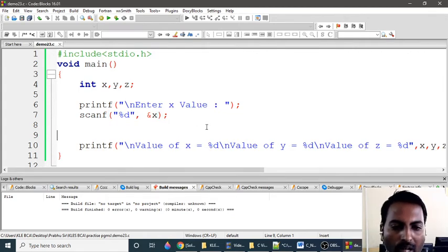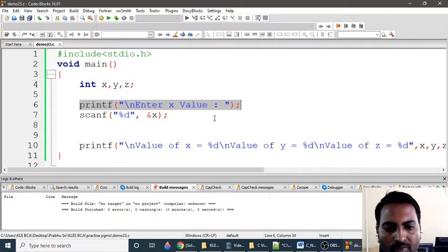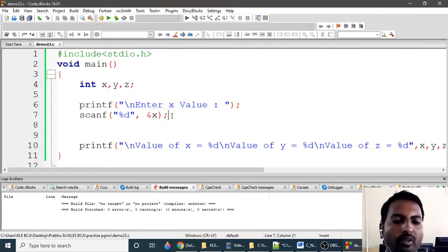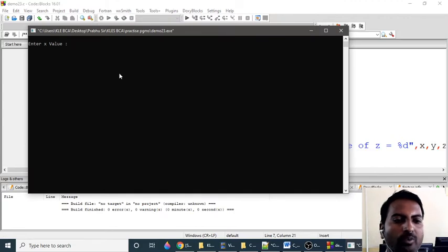So what will happen? The program will get executed until this line, and when the enter x value message comes on the output screen, the screen will wait because the next statement is the scanf statement. That's why the output screen is getting paused or halted over here. So you see the output, compile it and execute. See, now the output screen is waiting because after the printf statement, I have used the scanf statement. If I don't enter any value, the rest of the lines of the program will not be executed. So the user has to enter some value.